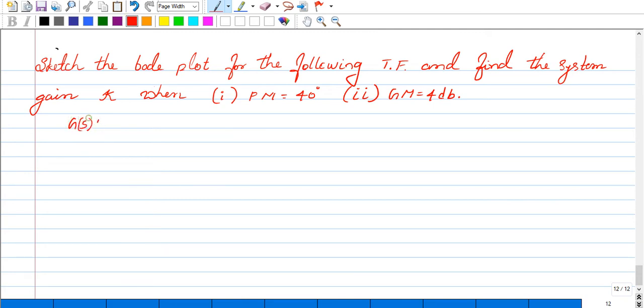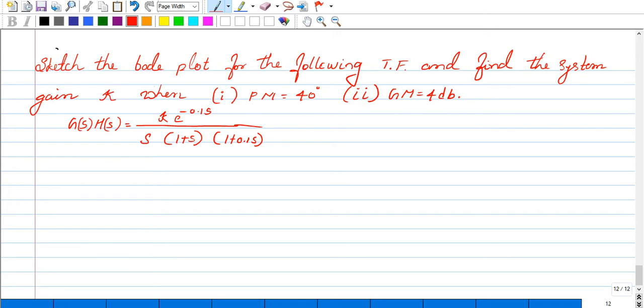Problem: G(s)H(s) is equal to K e raised to minus 0.1 s whole divided by s into 1 plus s into 1 plus 0.1 s. Okay, now you can see we have an exponential, that is e raised to minus 0.1 s. So this is also a factor which has been considered in the tabular column. So what we have to do when you get an exponential form,